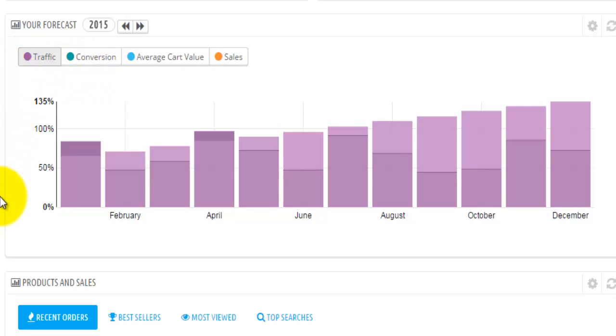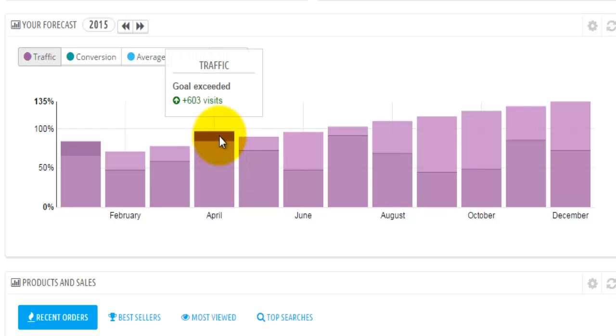When you come to this graphical representation, you will see how good your forecast was, so how your forecast actually works. As you can see, we have 2 different colors in each bar, and we have this line here. If we look at April, we can see that our traffic was actually bigger than what we thought it would be for this month. For April, we forecasted 3,900 visitors, but instead of these 3,900 visitors, we actually got 4,500 visitors, which is actually